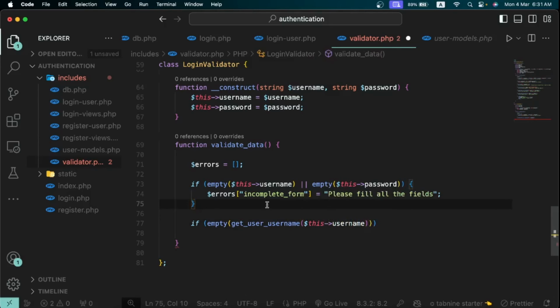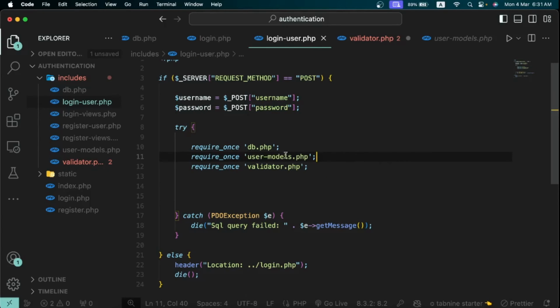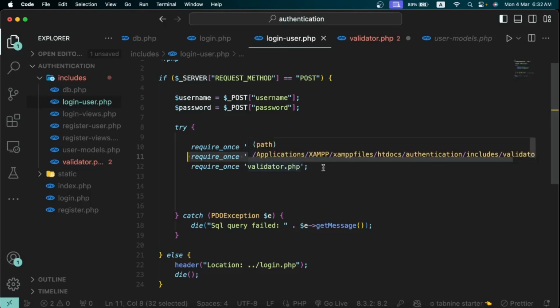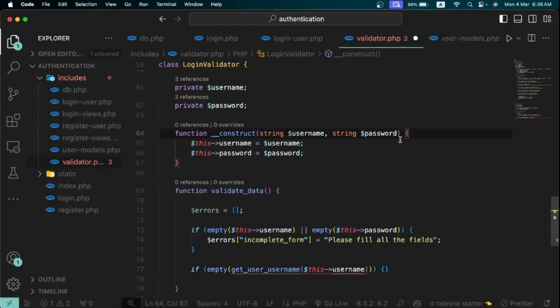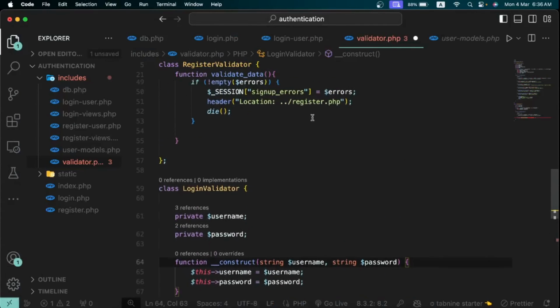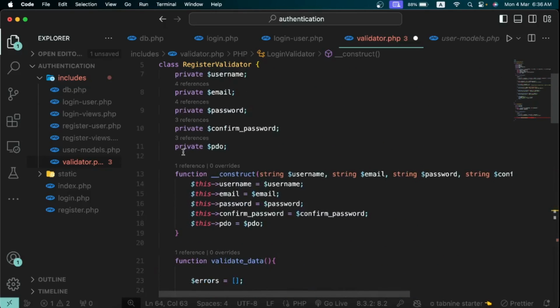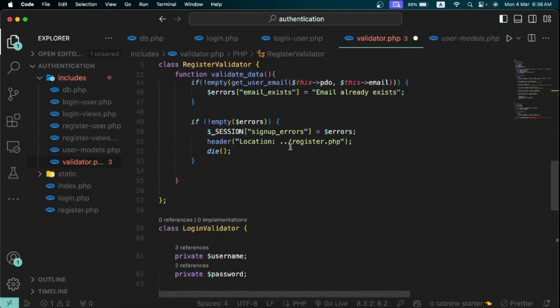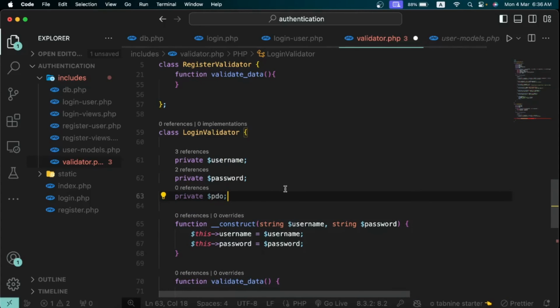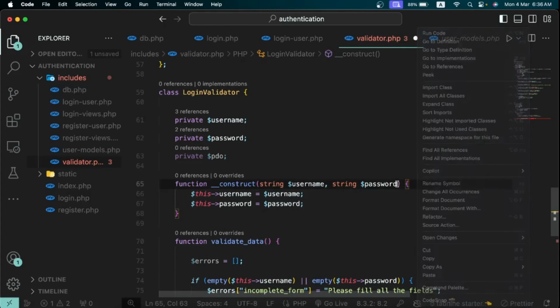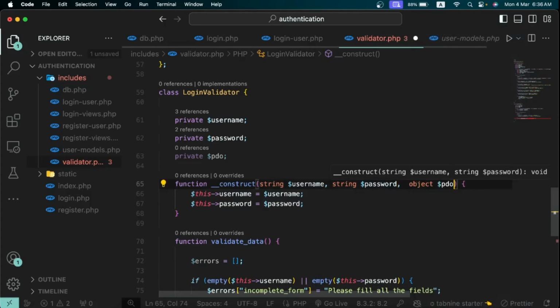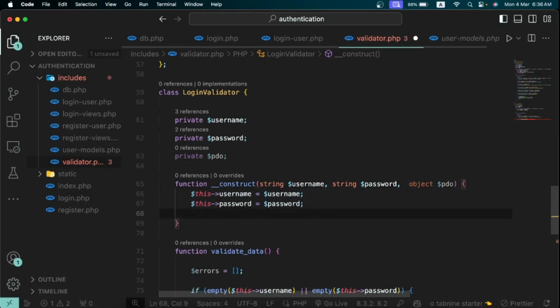username. Now you can see that we are able to call this getUserUsername method because the user models.php file was required before this validator.php file. So it's going to work properly. So I'm going to come over here right now to validator.php, and I will scroll up and just copy this PDO attribute right here, and I'm going to paste it. So that also means that we have to pass it in as a value into the constructor. I'm just going to copy this, paste it, and in here I'm going to say this